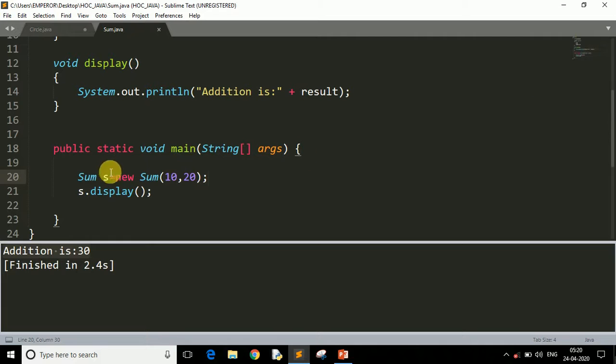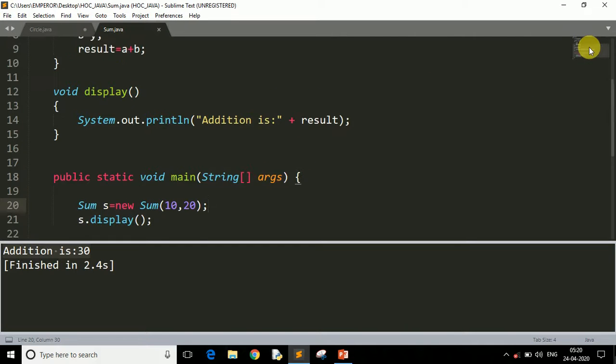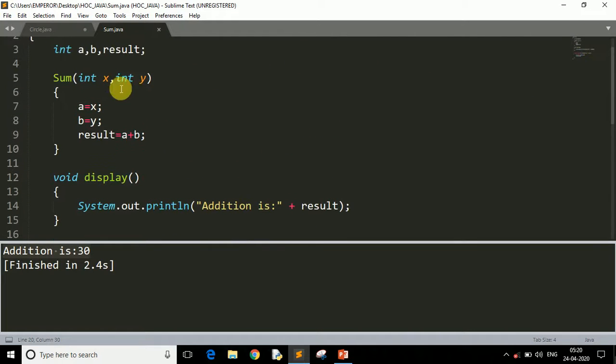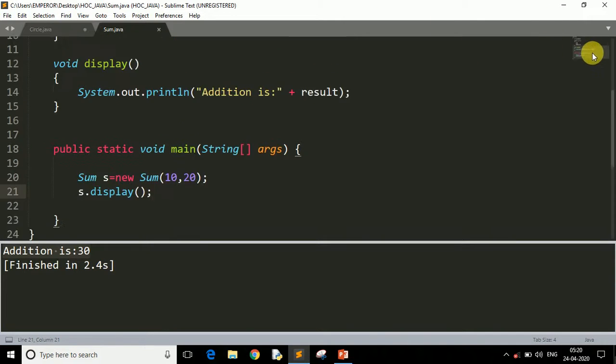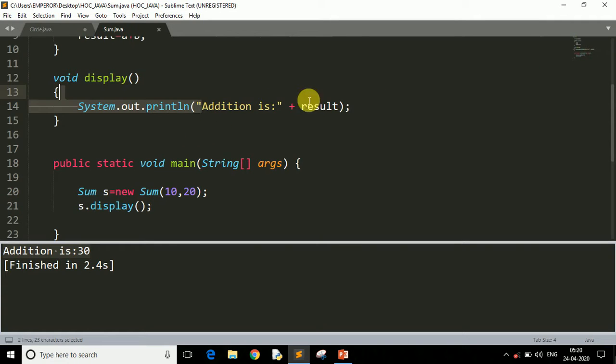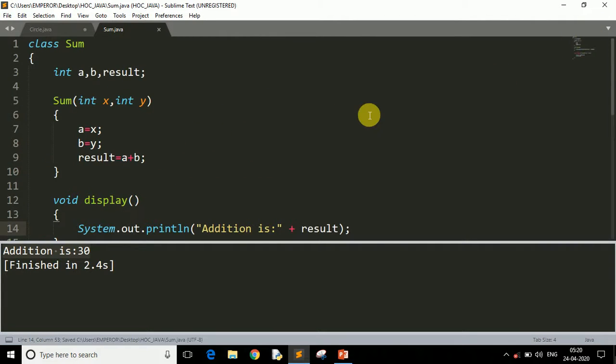So it calls this constructor, all the values are initialized, and we got the result. Now we simply have to display. In the second line we called the display method using the object. It simply calls the method and displays the result. So this is how the constructor works in Java, guys.